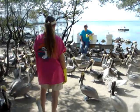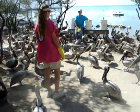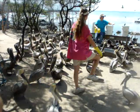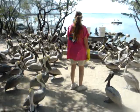I encourage you to do it all natural, so you can feel the slimy fish just like the pelicans do when they eat it. But it's up to you guys. So you can have a glove if you like. I'd like you guys to volunteer and come up here, and then I'll unleash the bucket lids at the same time. And when you're feeding them, make sure you get a handful and try to spread it around. Hopefully